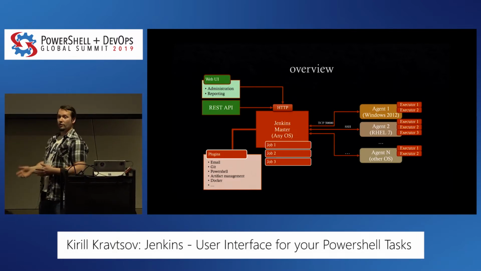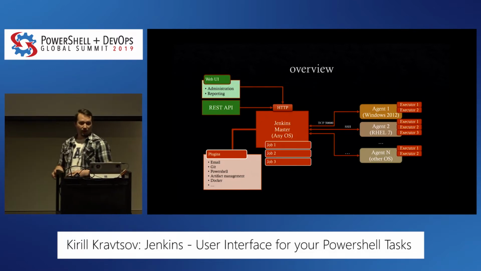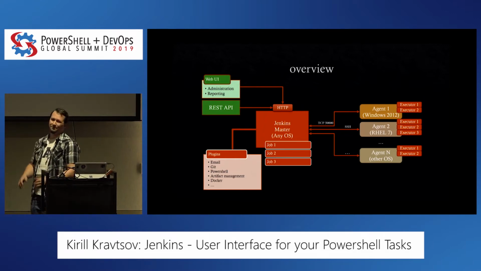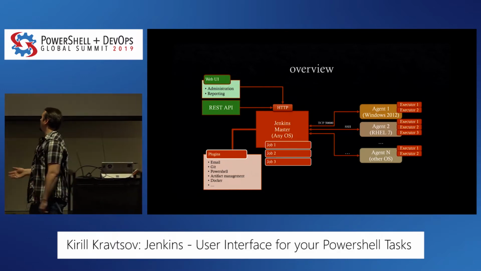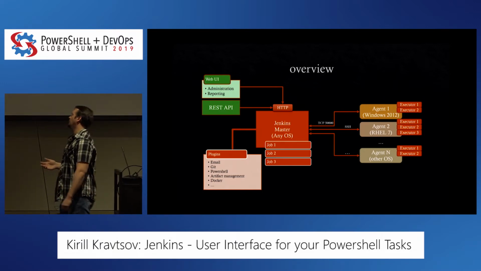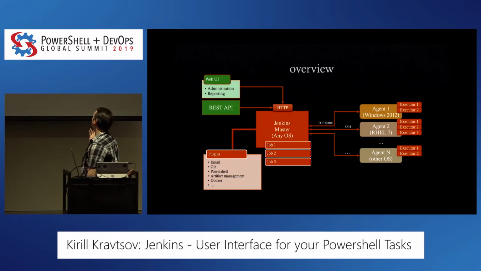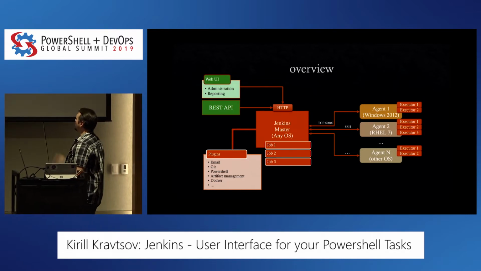Jenkins Master is what I run inside the container, so it has all the configuration stored inside. And it has definitions, it has plugins, it has schedules and whatnot. And basically, it's like a bunch of configuration files. And when I say bunch, like a few thousands. And each master can have more than one agent, obviously. And on the right-hand side, you see there are a number of agents you can connect to the Jenkins using